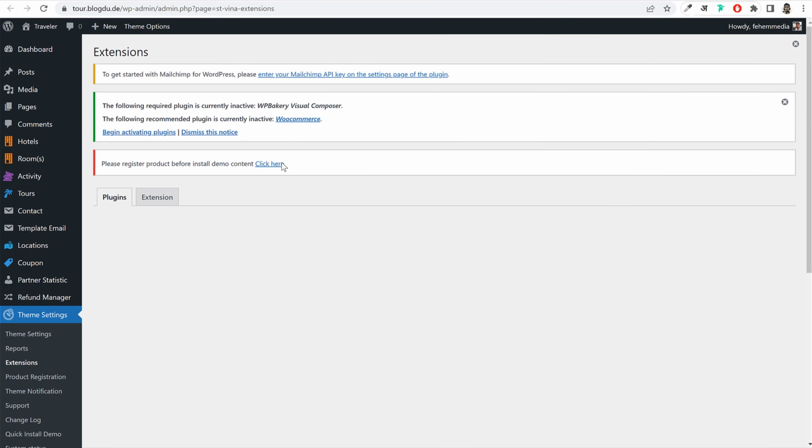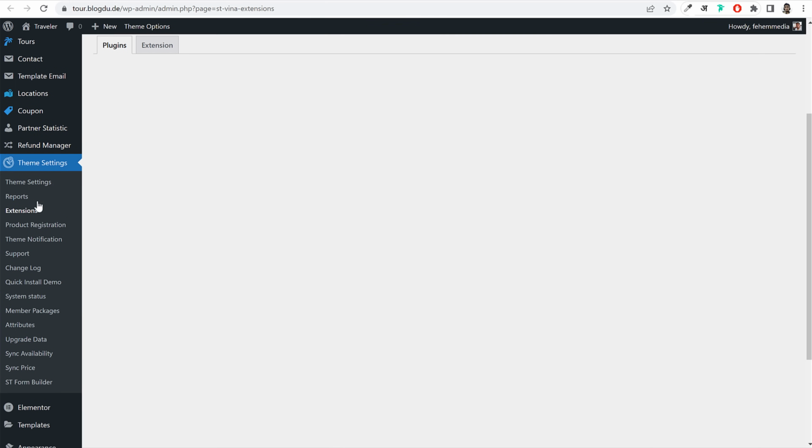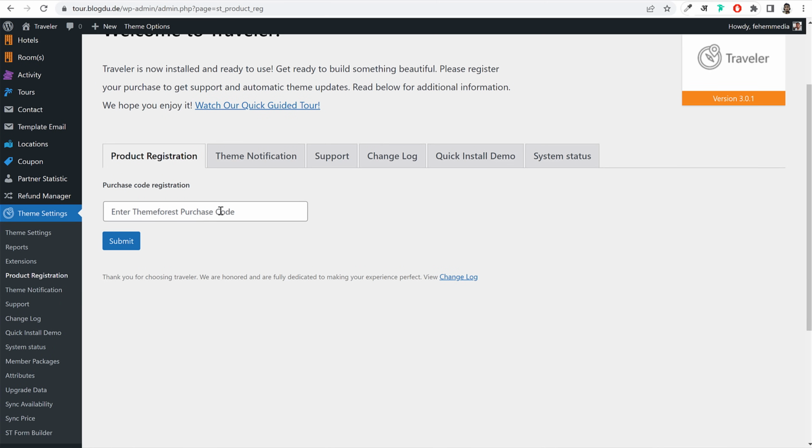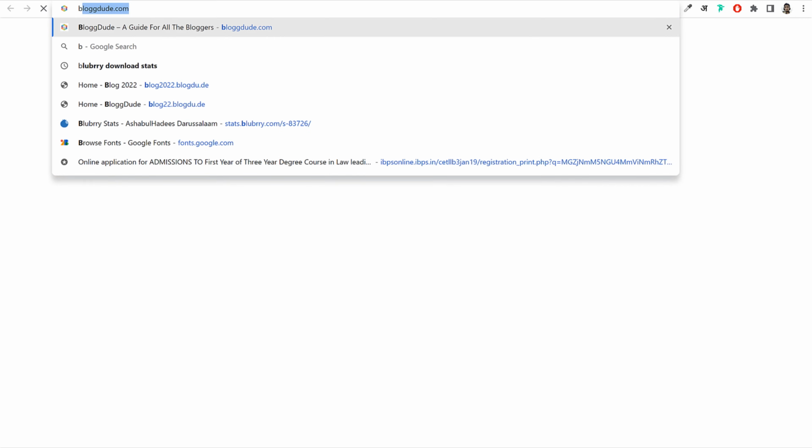First we have to register this product to use this extension. So let's register this theme. Under theme options, you will see this option, product registration. Click on that and you have to enter your ThemeForest purchase code. So again, go back to that link